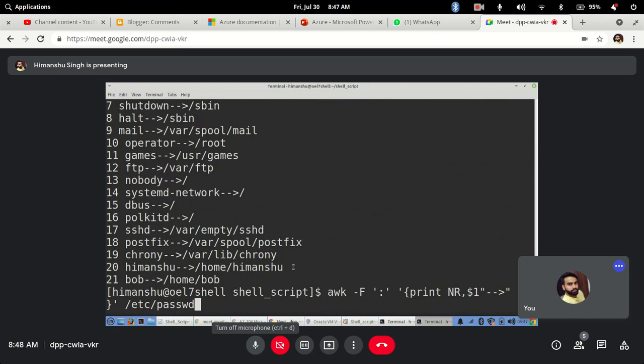So this is how AWK is going to work. Any doubts? You can use it anywhere, like when you want to read a file, process it, or only read the file, like when you are looping. In place of cut, I mostly use AWK. I prefer AWK, so you can use that option as well.